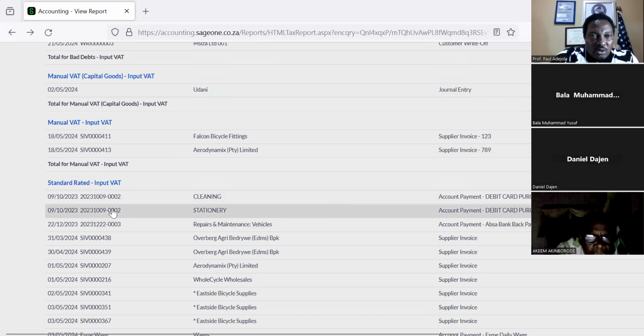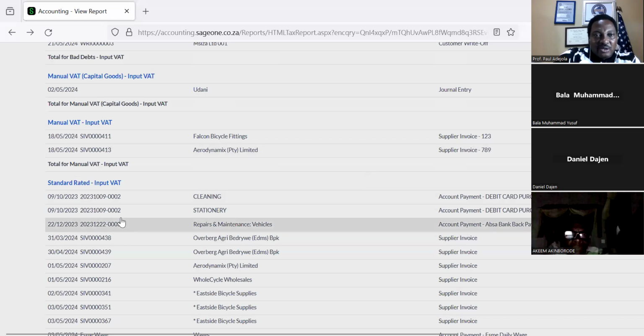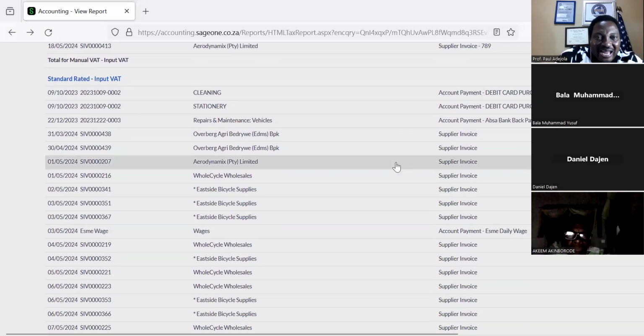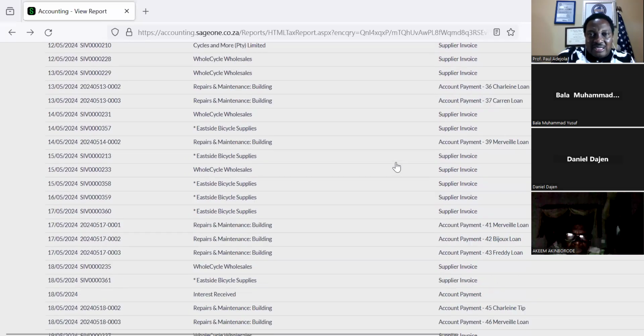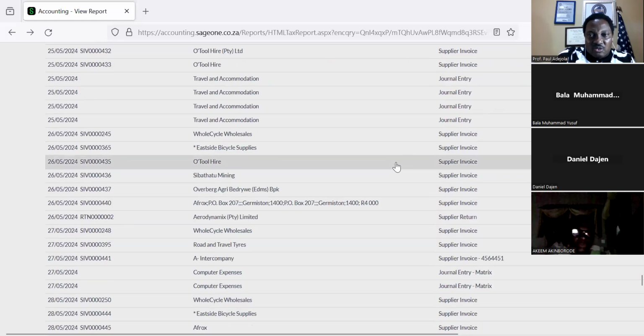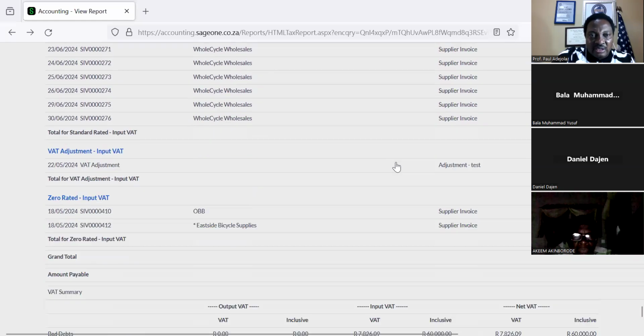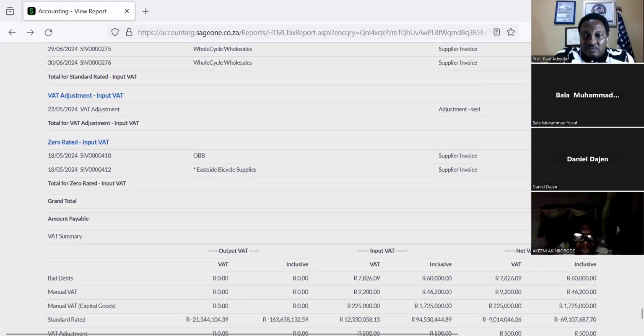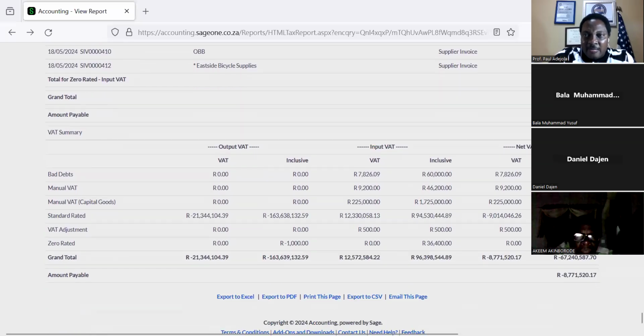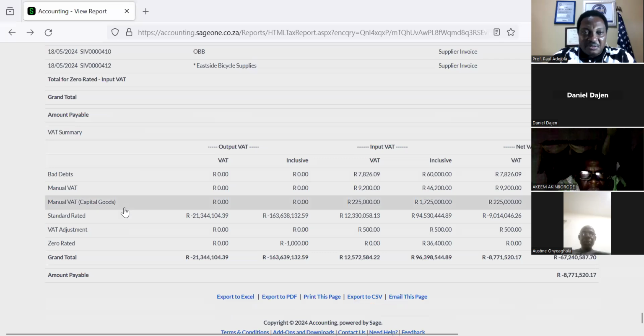When you come to standard input, we've seen output. See input VAT. Can you see input VAT also? We want to see the final difference, the difference between output VAT and input VAT. That's what is relevant to me here. This is where we are going now. Final. After checking the record, the data in the cloud of this particular client or company, see what we have here. Negative